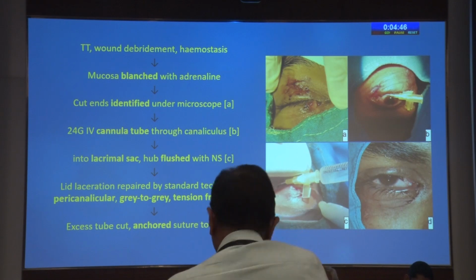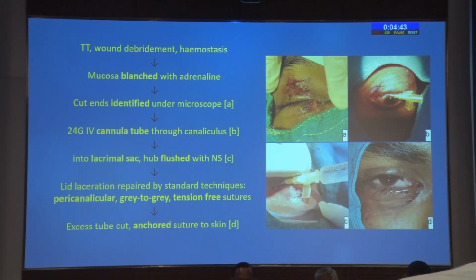After primary treatment and tetanus toxoid injection in the OT, the wound was debrided and hemostasis was attained. The use of adrenaline for this also blanched the mucosa and aided in identification of the cut ends of the canaliculus. If they were not seen, they were identified using a Bowman's probe, after which, similar to the action of a Bowman probing, the cannula was inserted, bridging the gap. It was flushed with normal saline to confirm its position